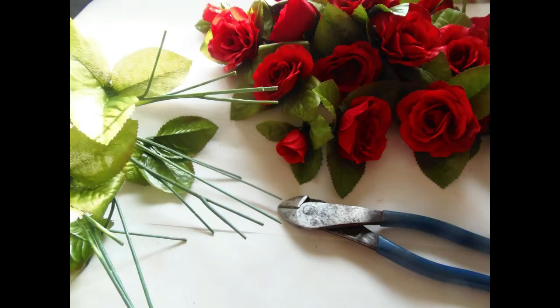So now what I'm doing is I'm cutting each rose off of all the stems. I'm keeping the leaves on, and then a little bit of the wire. I'm going to cut every single rose off of the bunches like this. So when you have all of your roses cut off of the bunch,